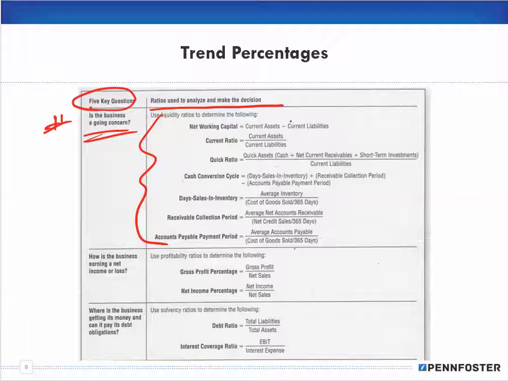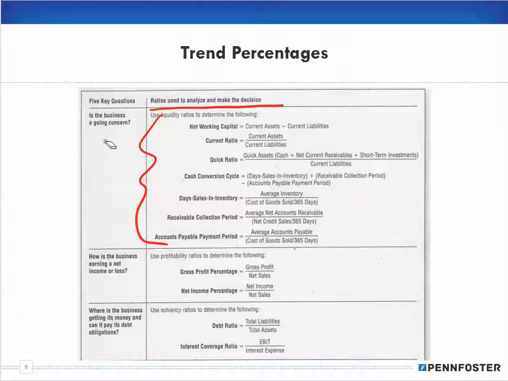Now remember, all of these ratios you've had before, either in Math for Business and Finance or Math Applications, and you've had them at the end of each chapter of this textbook in your focus on decision making. So I'm not going to cover each one of these ratios. Go back and watch the theory videos. Like I said in the introductory video for this chapter, I gave the web address for the Math for Business and Finance if you need to take a look at it there, as another source to see the theory, or look at the theory videos at the end of each chapter that pertain to whichever one of these ratios you don't understand.